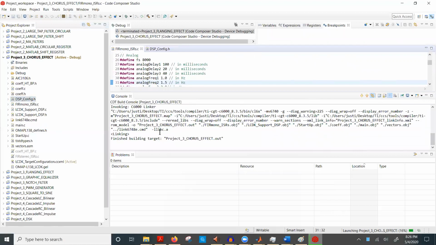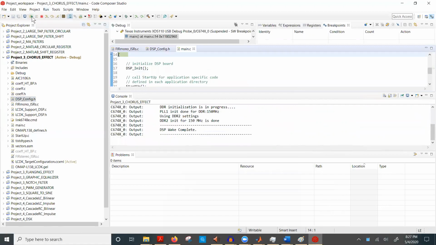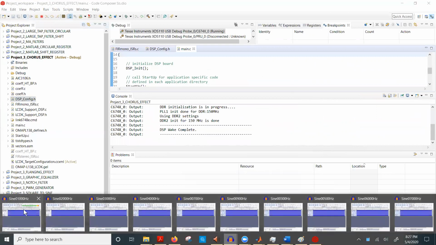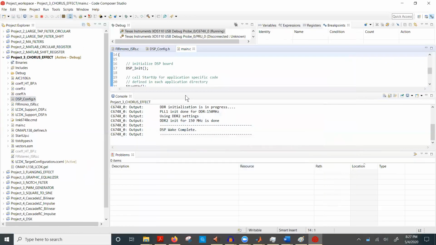All right, so this is the chorus effect. When that's done, run this. So you hear the original tone, but you hear a bunch of oscillations all riding on top of each other because there's 3 flanger effects. I'll just play it for a minute. This doesn't really sound like the chorus effect that we would traditionally expect,